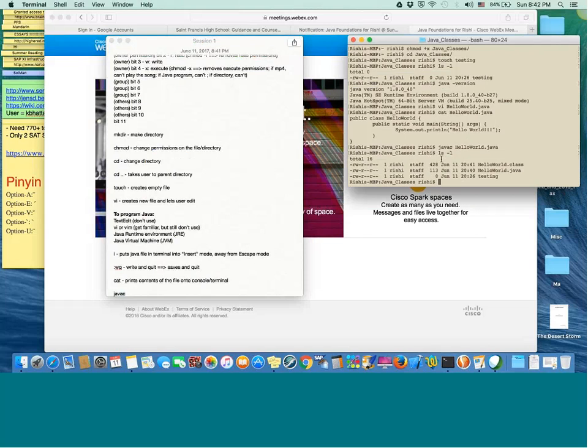Okay, so the class is like your MP4 file. Java is just a text file. Class is like your MP4 file, which you would play using QuickTime. If you try to open that MP4, you will only see garbled characters. It will not be in a readable format. So similarly, if you try to cat hello world.class,